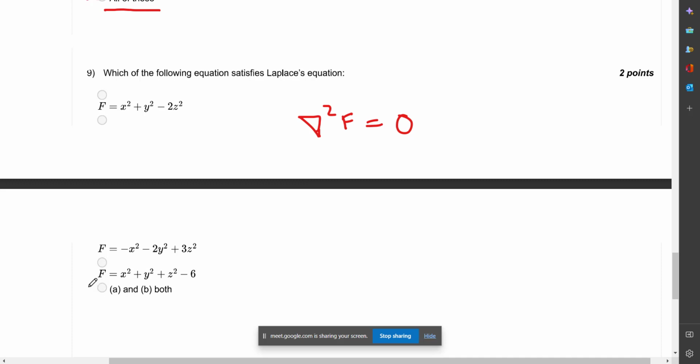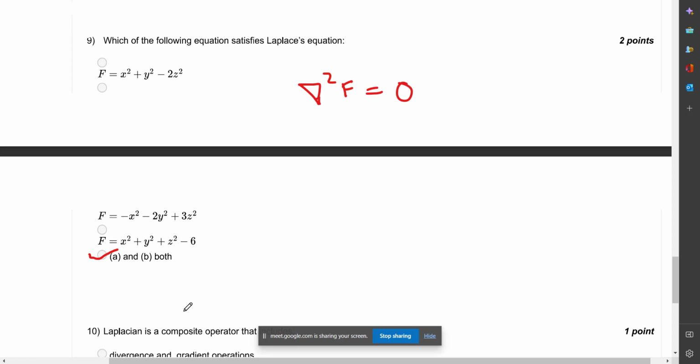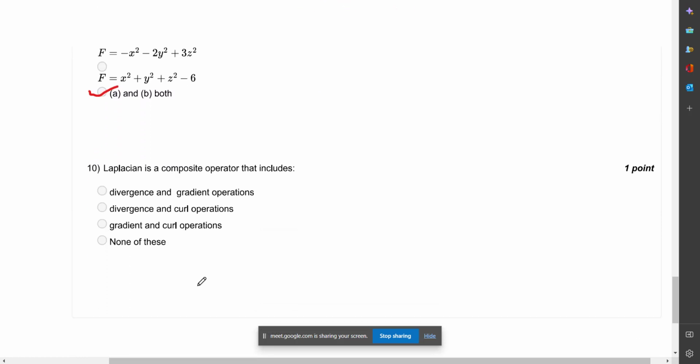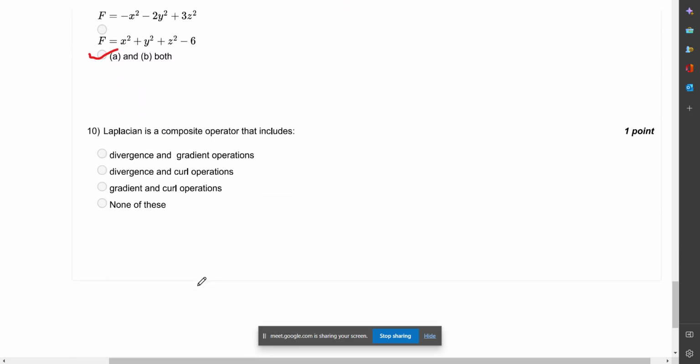So option D will be the correct answer. A and B are satisfying, C is not. Okay. Question number 10. Laplacian is a composite operator that includes... Okay. So here